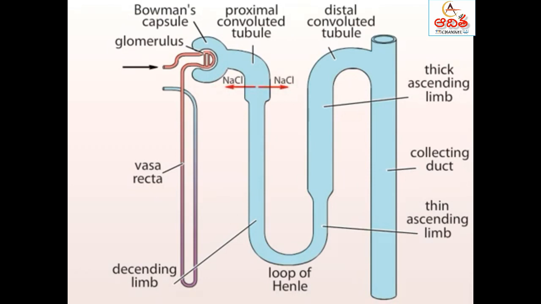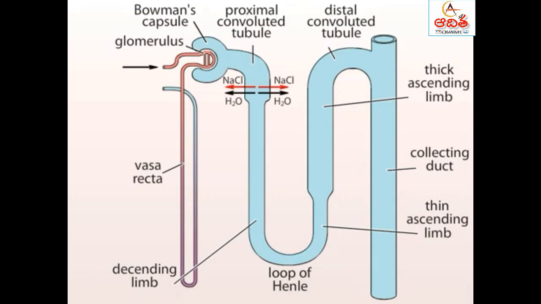The active transport of solutes out of the proximal convoluted tubule into the tissue fluid causes water to flow by diffusion. The water and solutes moved into the tissue fluid are taken up by the peritubular capillaries and returned to the venous blood, leaving the kidney. Despite the large volume of water and solutes reabsorbed out of the proximal convoluted tubule, the overall concentration or osmolarity of the fluid that enters the loop of Henle is similar to that of the blood plasma, although its composition